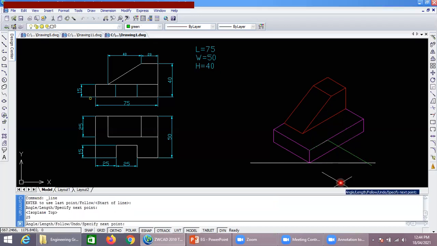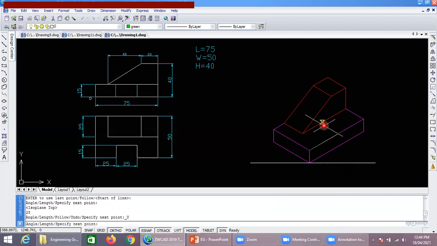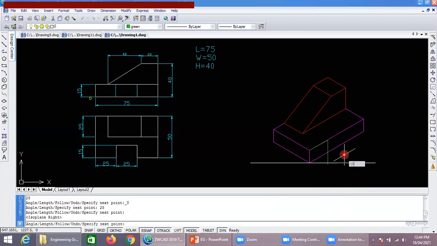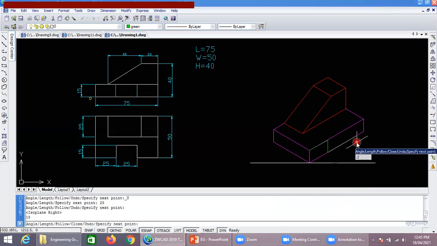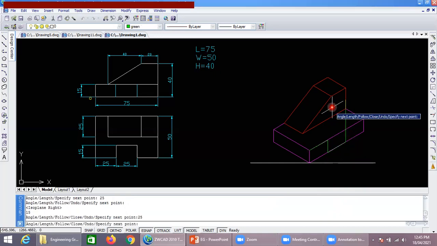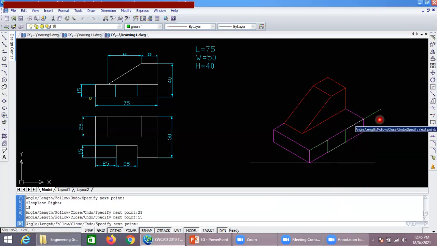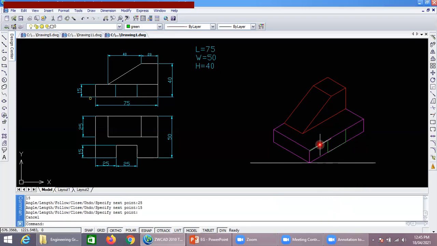Then in the downward direction it is 15. Then again it is 25. Then again it is 15. So this is the part.